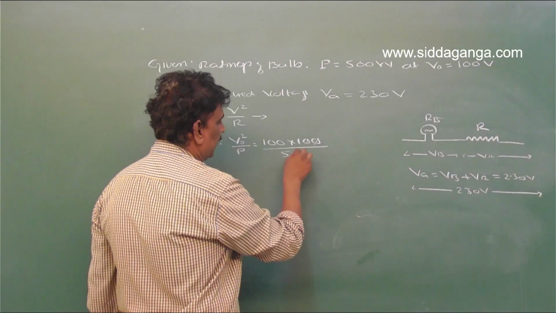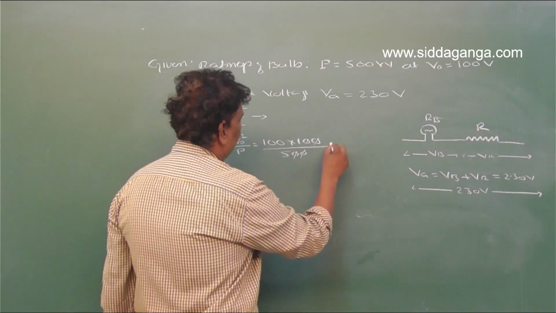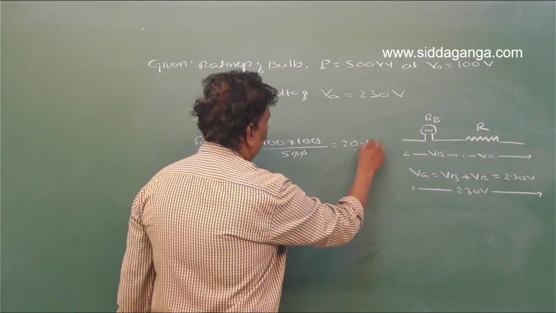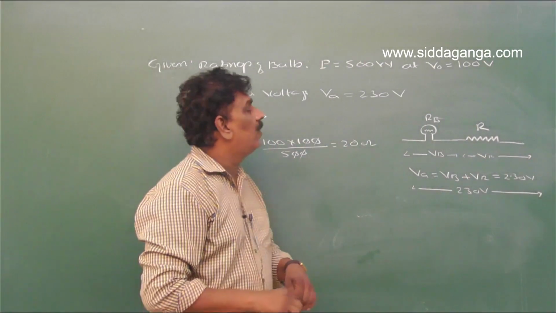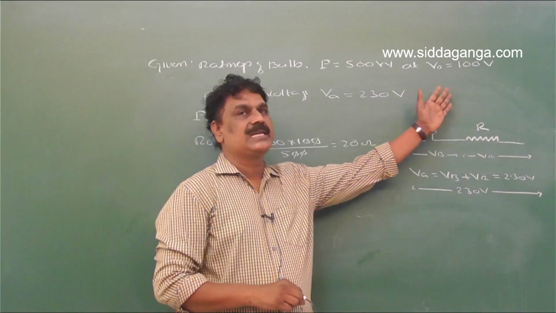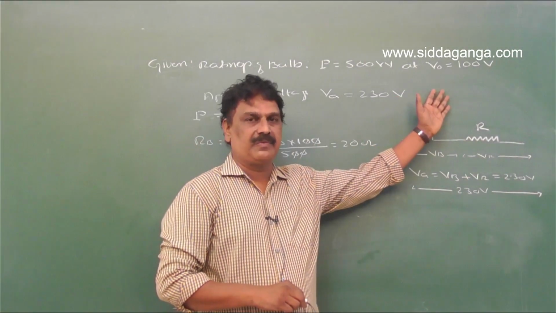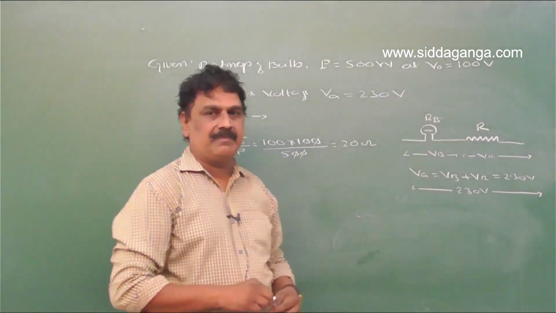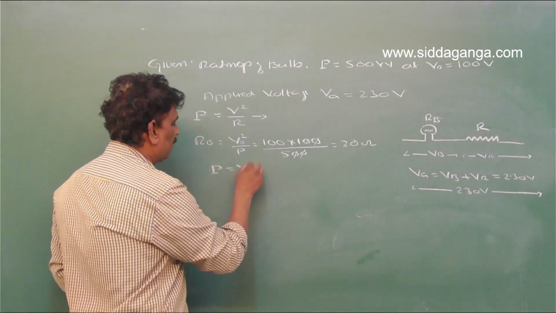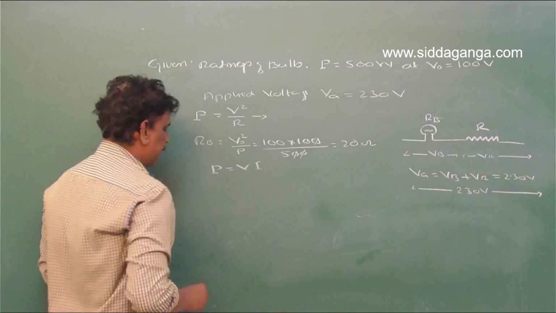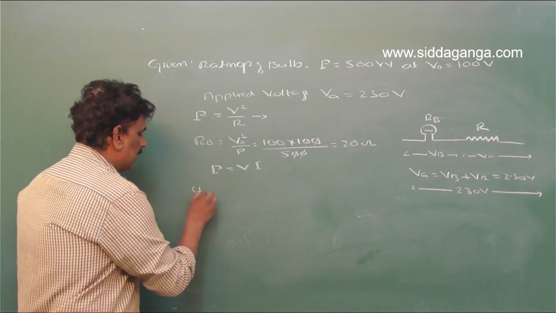So the 5 cancels, and 100 by 5 is equal to 20 ohm. And just like the maximum voltage that can be applied to the bulb without fusing it, there is a maximum current. We have power P is equal to V into I, right? Therefore,